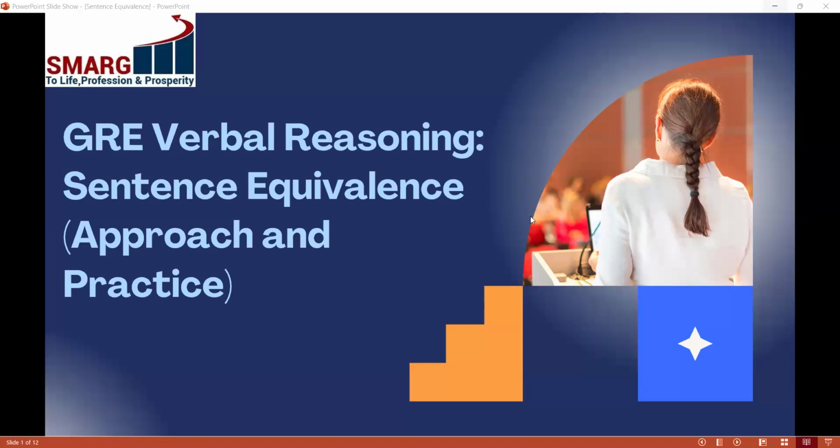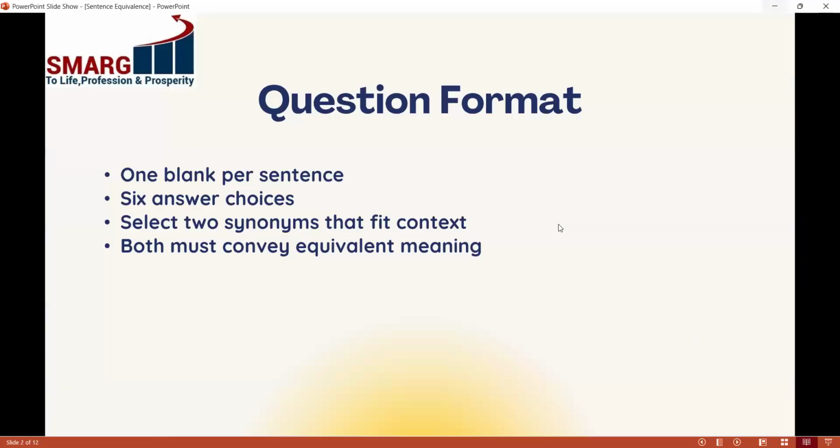All right. So we are going to talk about sentence equivalence. Now, like Janvi and others have already told, what is happening? Let's look at the question format. You are given a fill in the blanks. What you have to do, there are 6 words that are given. You have to choose any 2 synonyms in such a way that they do not alter the meaning of the